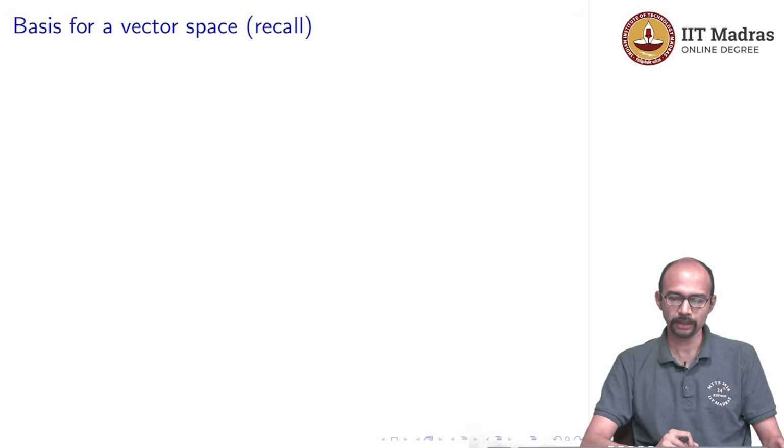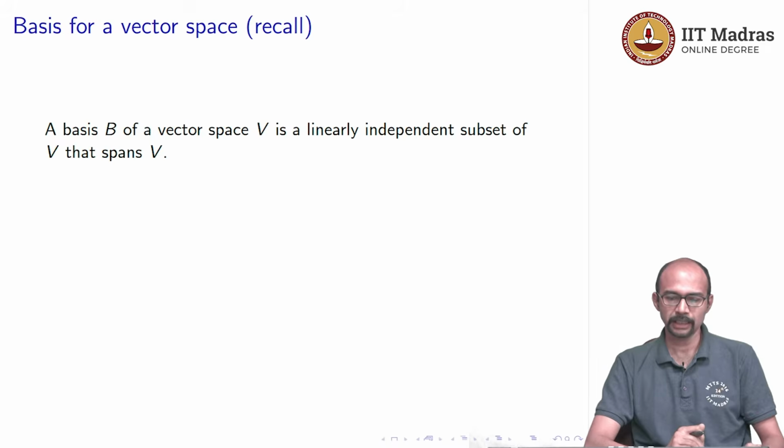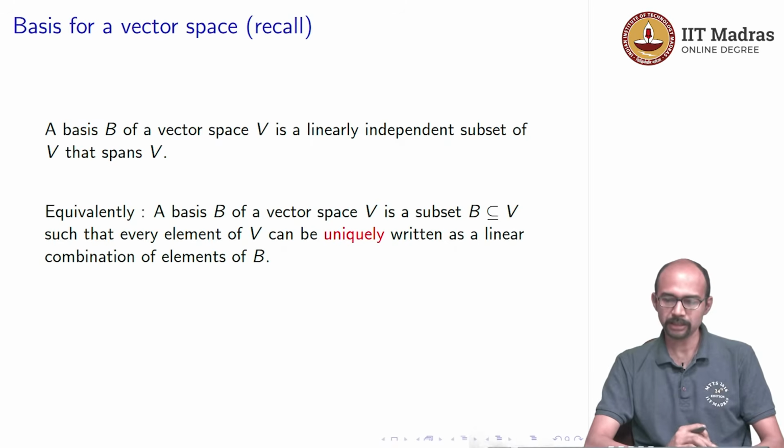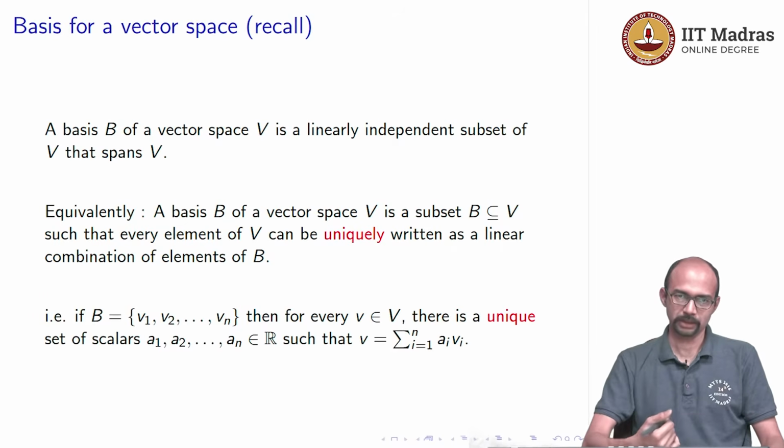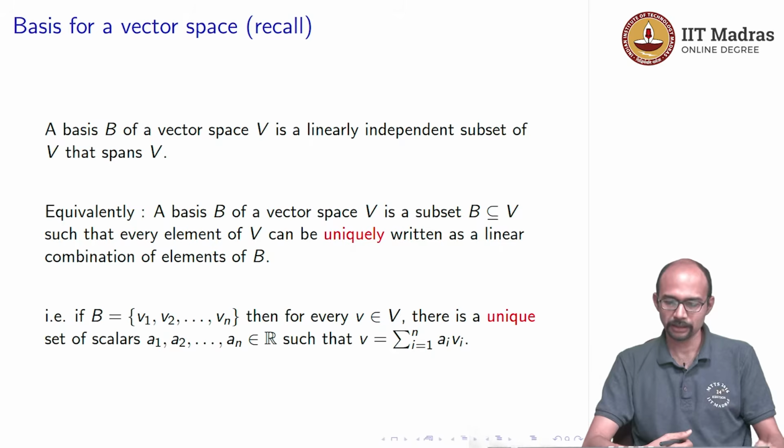So, let us recall, before we have defined what is called the basis for a vector space, right. What is a basis? A basis for a vector space is a linearly independent subset which spans that vector space. What does that mean? That means we can write every vector uniquely as a linear combination of vectors from this set B. So, just to make that last remark clear, if B is V1, V2, Vn, then for every V in V there is a unique set of scalars, again the emphasis on unique, A1, A2, An, so that V